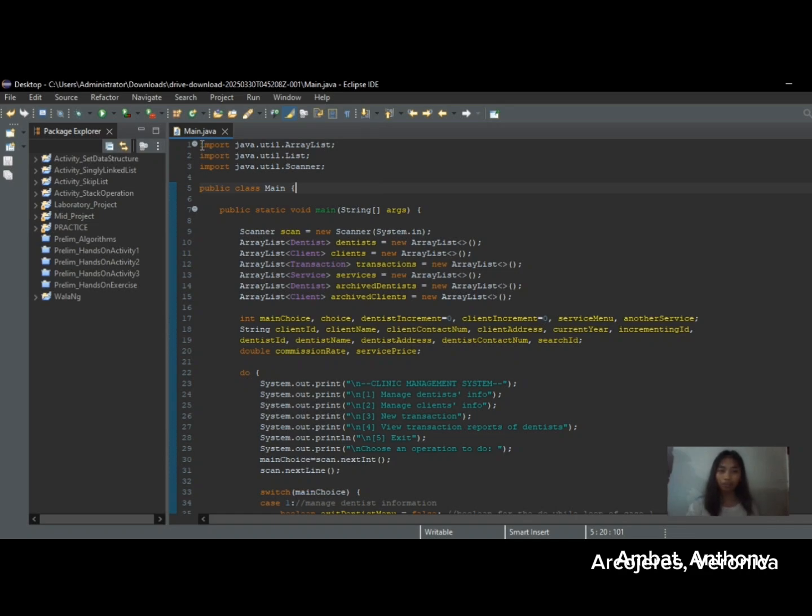This block of code imports the tools that the program needs. ArrayList and List help store multiple records, making it easier to manage dentist, client, service, and transactions. Scanner is used to get input from the user. The main class is where the program starts running. So pag nag-import tayo ng mga kailangan sa program gamit ang ArrayList, madali nating ma-store ang mga records ng dentist,